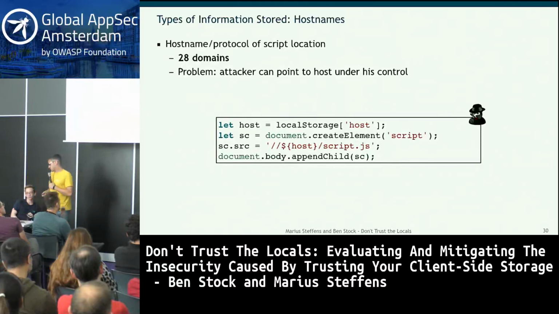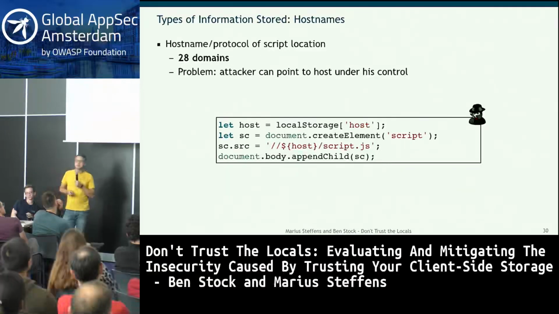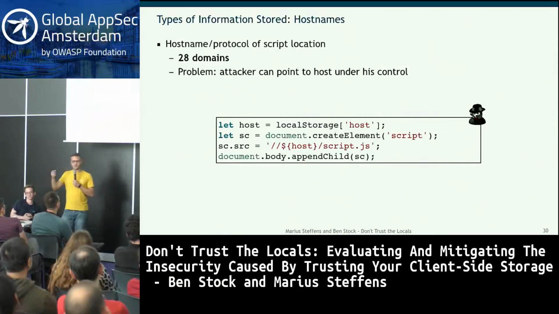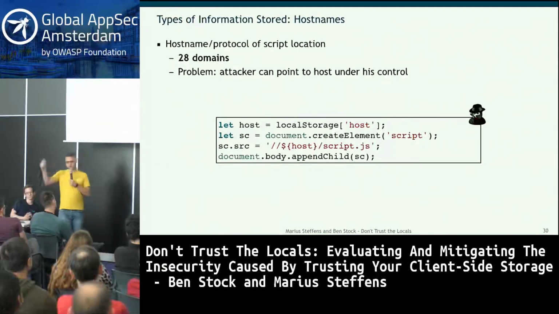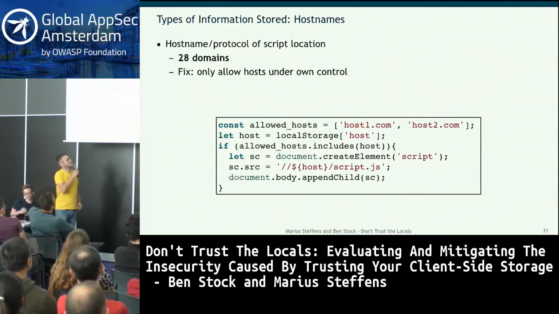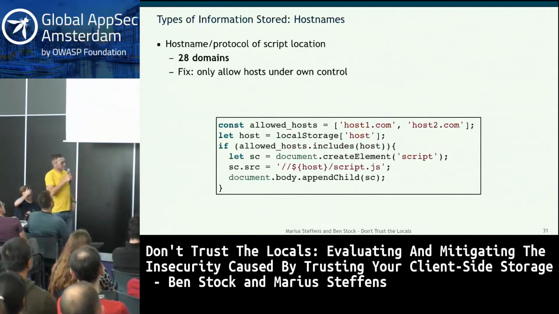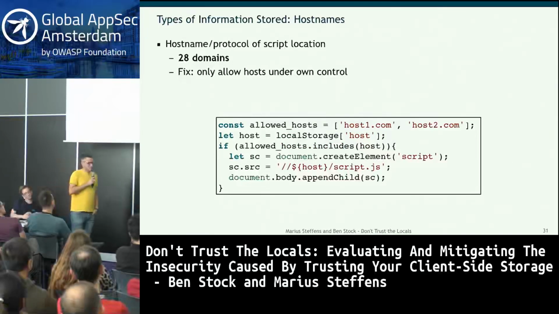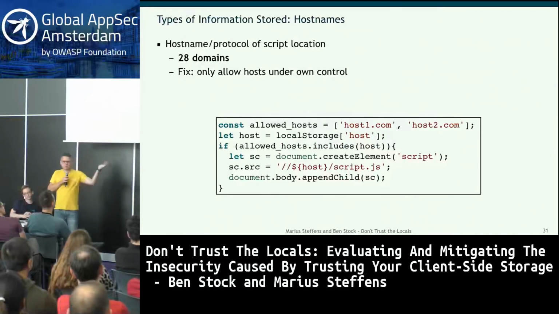We looked at these particular cases, and it turns out that in virtually all cases, this was a subdomain of a common host name. Okay, so it was cdn1.ad.com, cdn2.ad.com. So the very trivial solution is actually just to have a whitelist. Just make sure that it's either in a fixed whitelist of hosts, or make sure that the suffix is from ad.com, right?